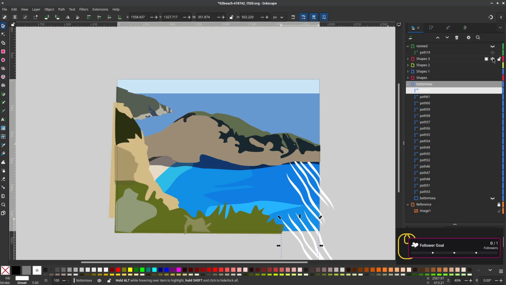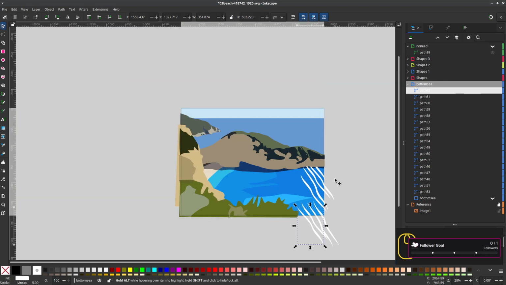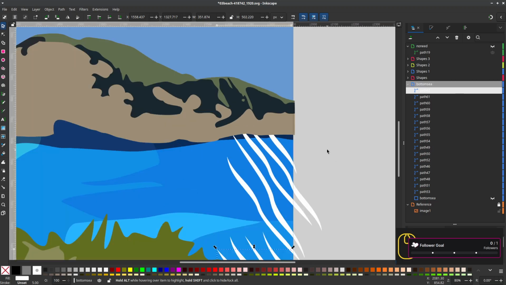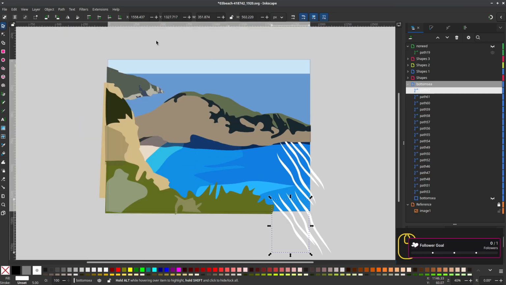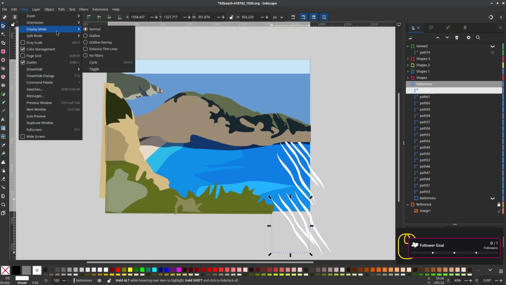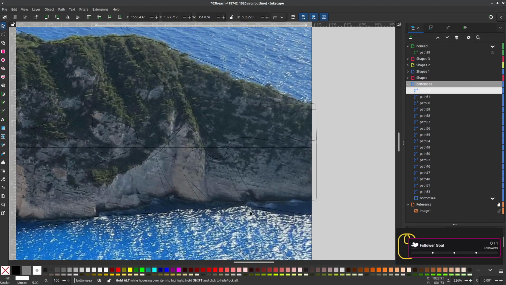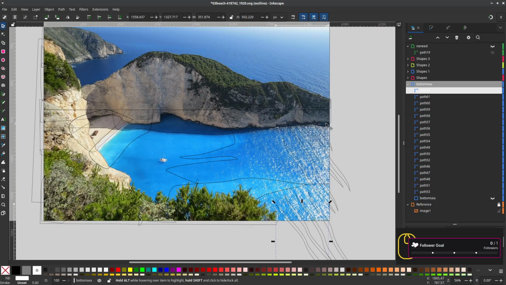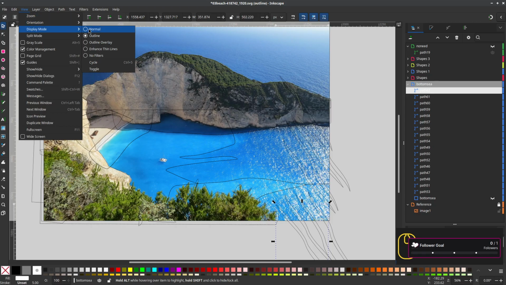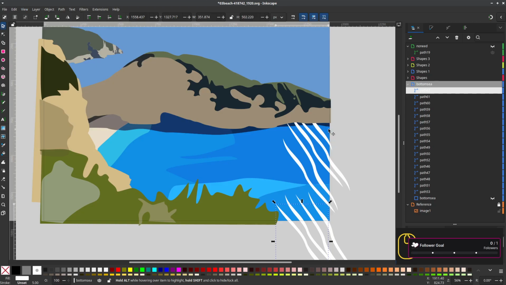Let's turn on the rest of the scene. And yeah, let's switch a bit to the outline mode. Yeah, because in the shadow there are no light waves. So, what shall we do about that? Maybe